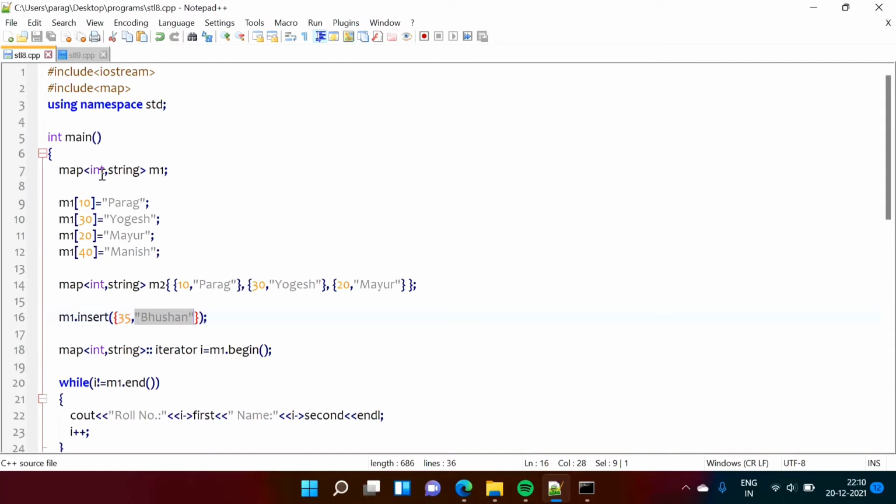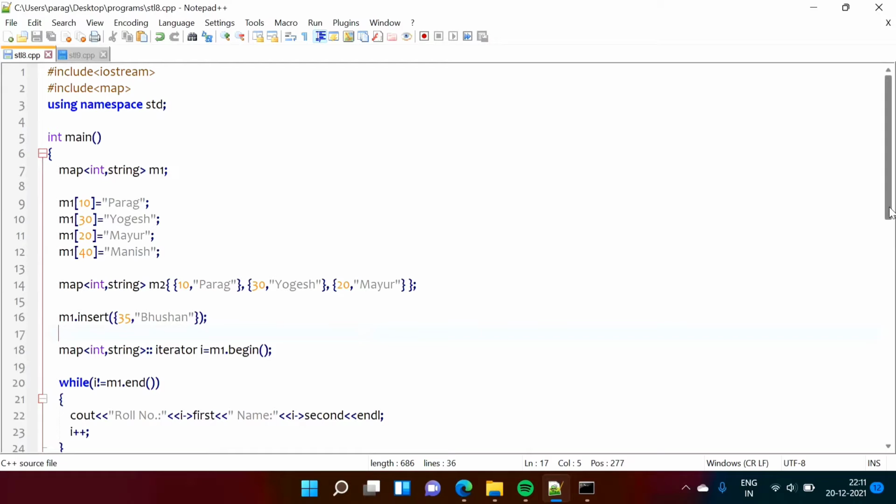The value is just a string, right? Here we have mentioned a string, that's why I have mentioned a double quote. Otherwise, if it is an integer, then we have to mention the number only. Or if it is a float, similarly we will put it there. But as it is a string, we have mentioned it in a double quote. Now see, this pair which we have mentioned in curly brackets, that we are entering here.